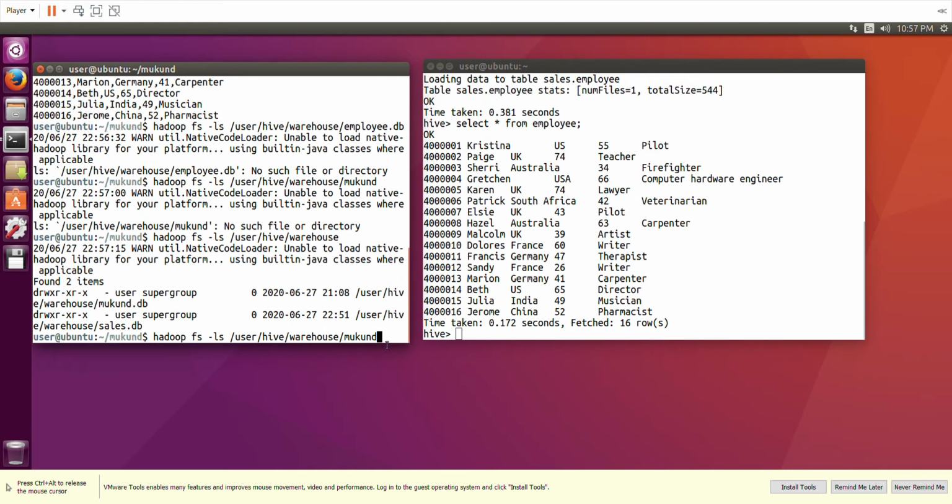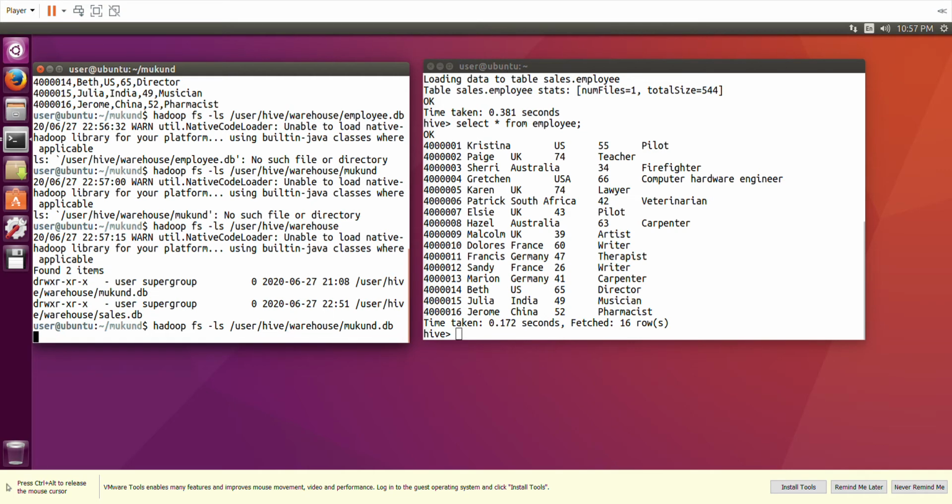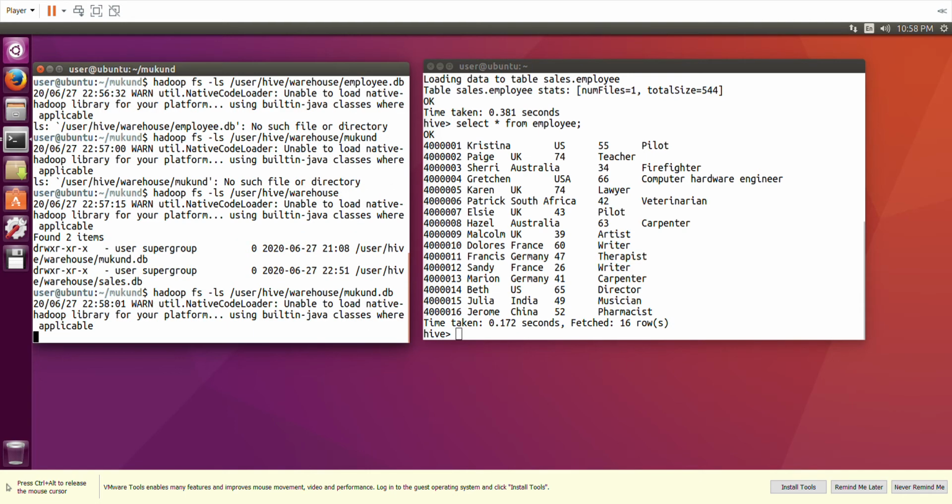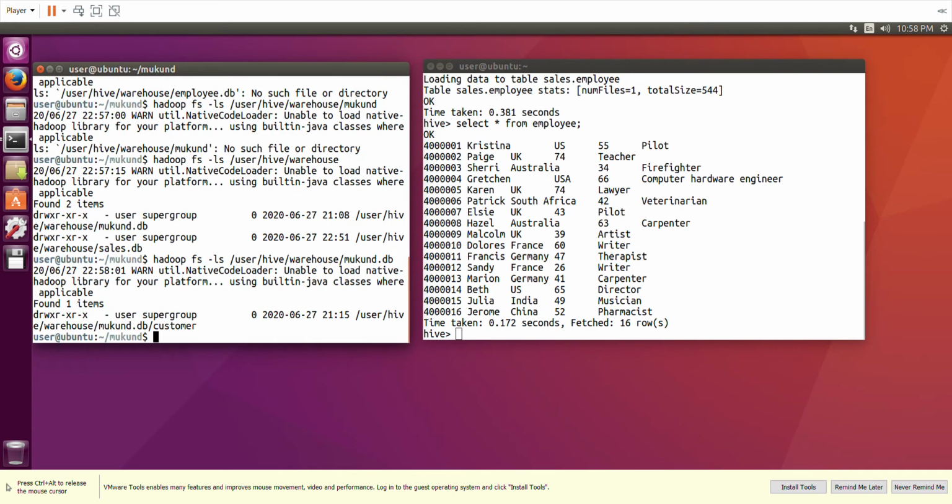Whatever it says, we have to follow. So now we can see mukund.db is there, and in this mukund.db, this particular table has not been created. Always remember where you have created it, that is again important.